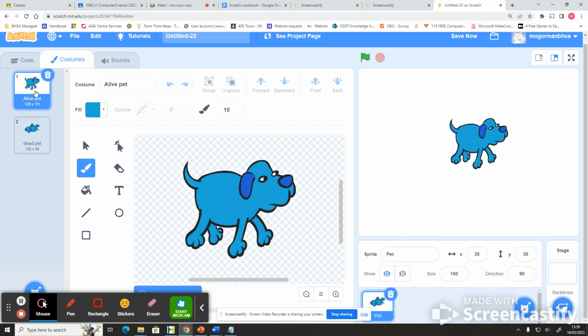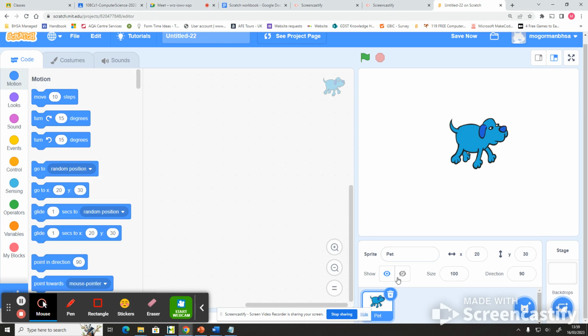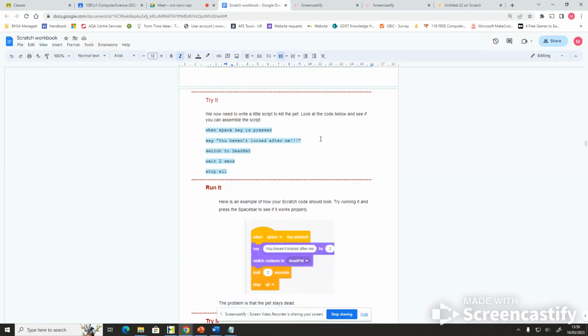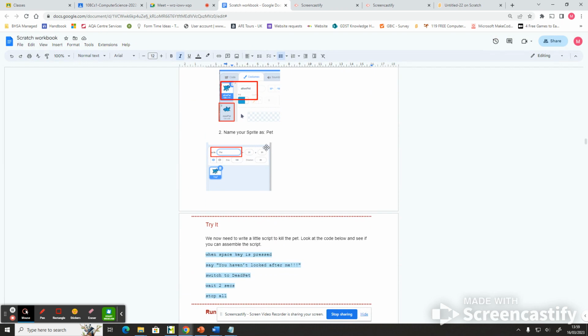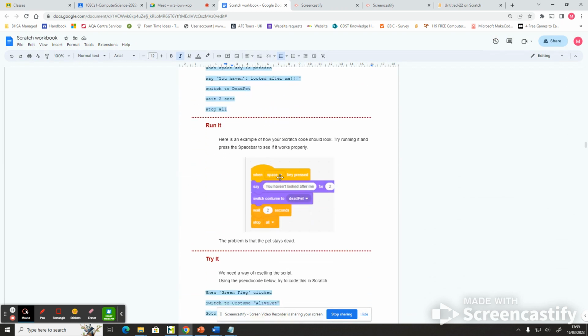Okay, so click alive pet and then go back to code. And then you should be ready to go back to your workbook, and you've made your costume, and so you're now up to this bit where when you press the space bar,